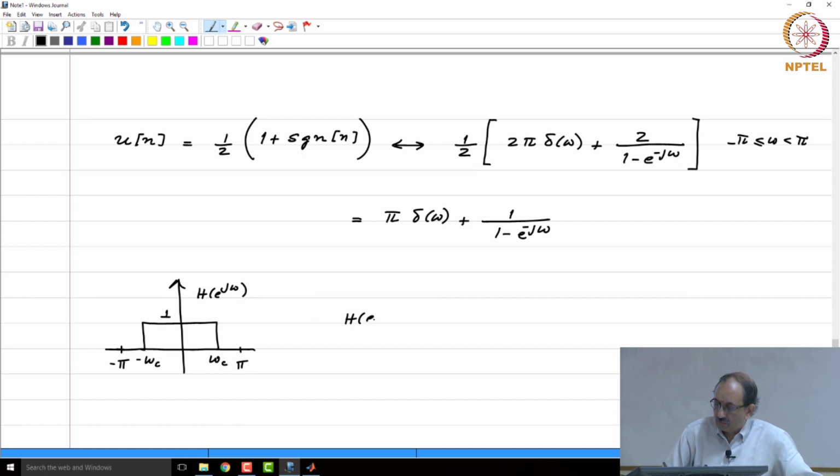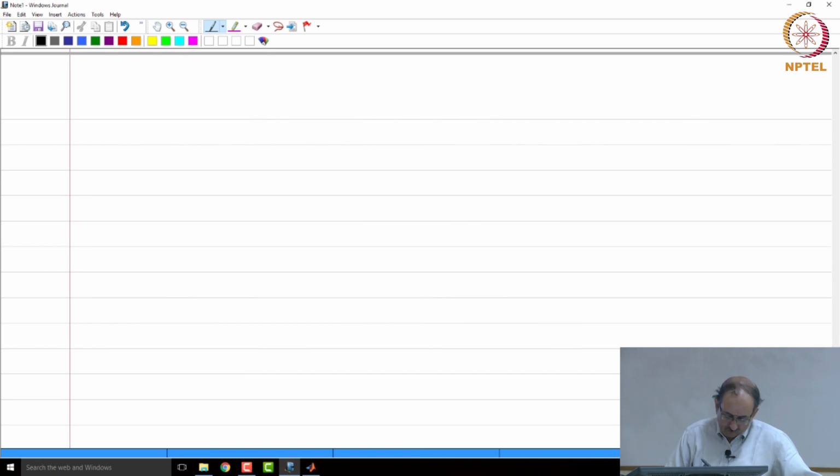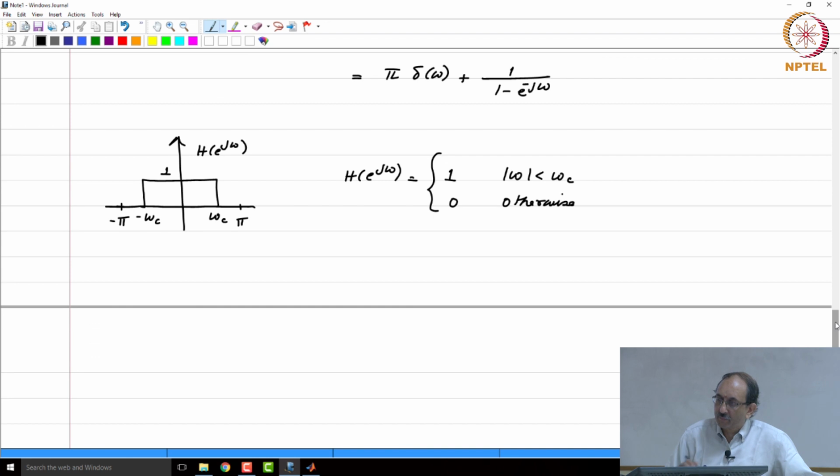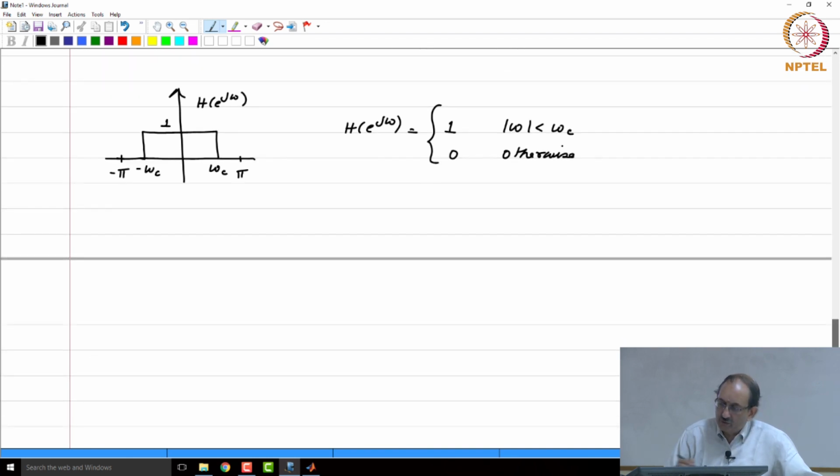So, h of e to the j omega is 1 for mod omega less than omega c and 0 otherwise. By otherwise I mean in the interval minus pi to pi, because this after all is periodic with period 2 pi. So, this is your ideal low pass filter, and it is very easy to obtain the